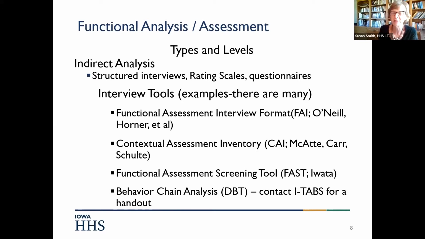providing information for it. So one thing about indirect analysis is that while they're very easy to use, and the first three really don't require a lot of training, anybody can read the sentence and answer yes or no to it, the accuracy is not as good either. So there's a payoff. A lot of times it's a good place to start to see what you get. Sometimes you get some answers from the staff or the parents that know the person well that lead you to somewhere else that you want to dig into further. So let's go to the next slide.